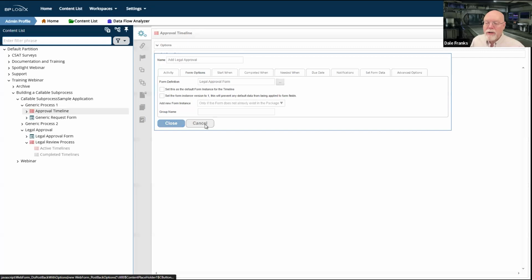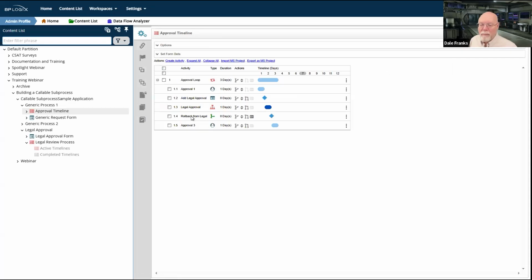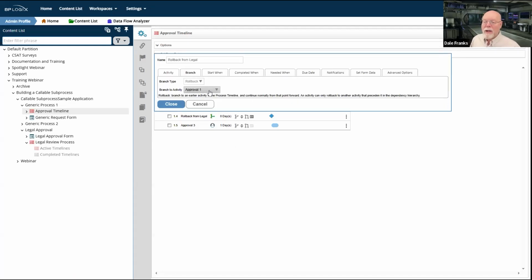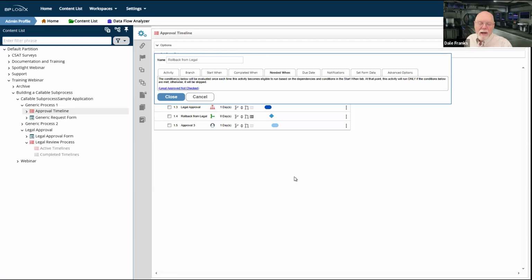Now, there's always the question of what happens if the lawyers don't approve it. Well, I have a rollback branch activity here in my process, and it is going to branch back to my approval one activity. Now, as always, whenever we put a branch activity into a process timeline, we need a needed when condition to determine whether or not that branch is going to run.